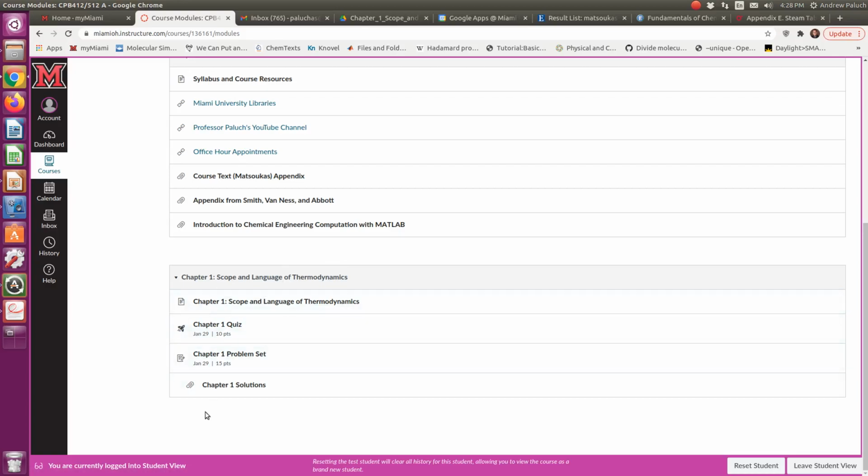Within chapter 1, basically every single chapter should look exactly the same. There's going to be a page in which I paste resources for you, notes that we would have in class. So PowerPoint style notes. When we do a lot of derivations, I've typed a lot of those notes up. Those will all be posted in there. I'll embed screencasts from my YouTube channel in which we discuss the notes, go through derivations, and go through the problems. We'll take a look at that in a minute.